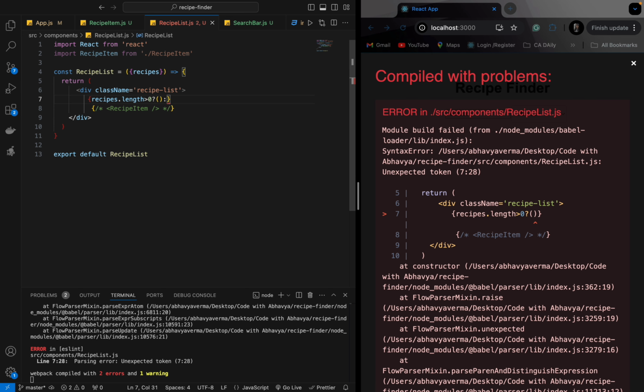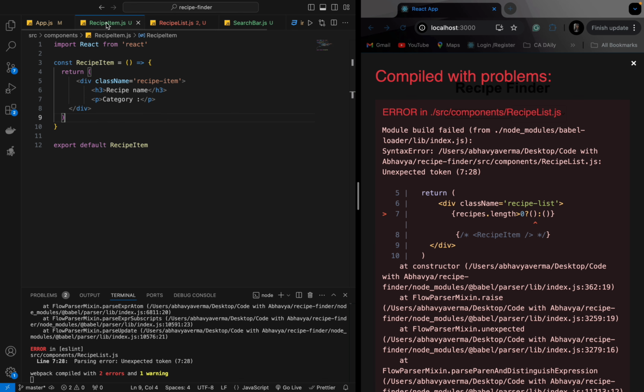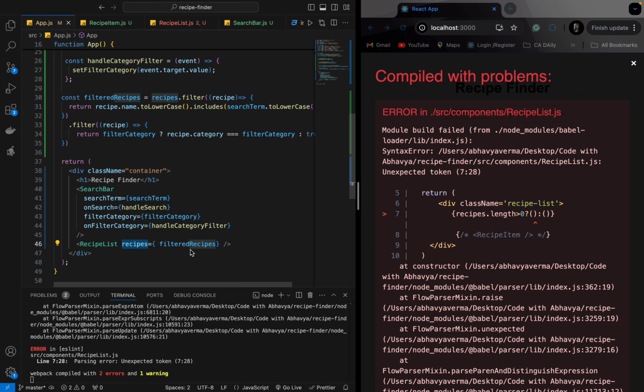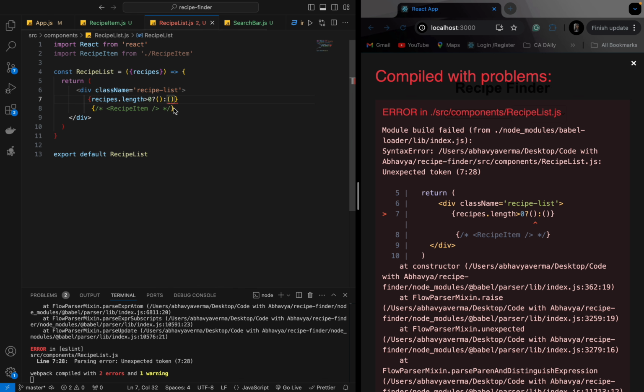If not, I will write the code in this section. So for the case when nothing is present in the filtered category, this filtered recipe is not having any item actually, so you need to show that no items are present. So coming to this area,